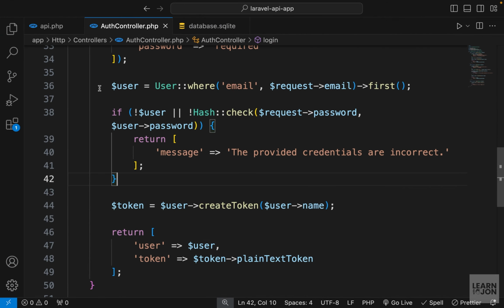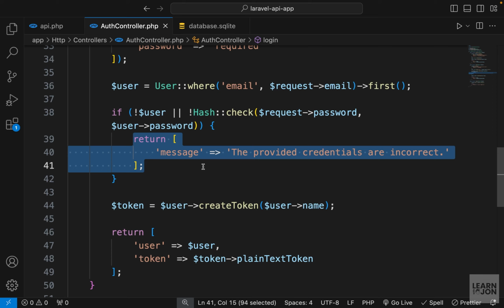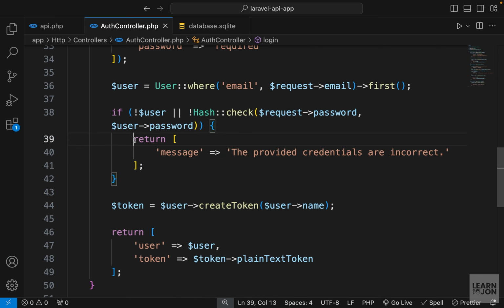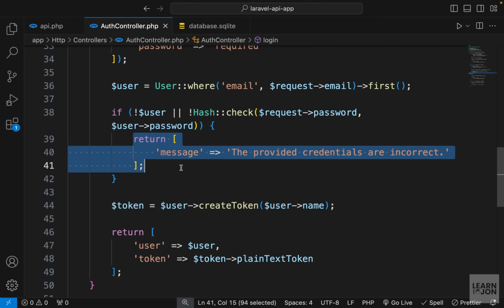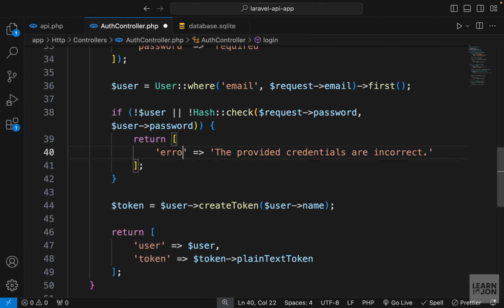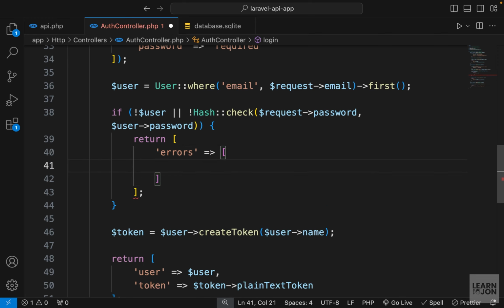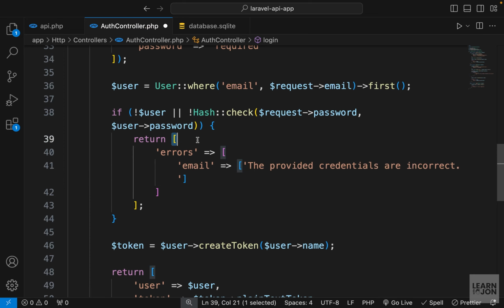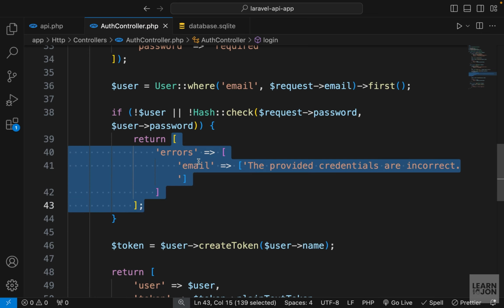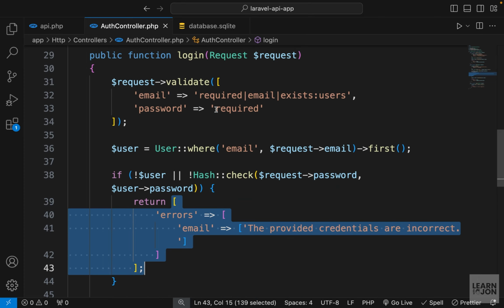And to fix that, we can go to our Auth controller in our API app, and right here where we are returning a message, we can change this to match the structure of default Laravel error messages. So for that, we need to have errors as the first key. Then I'm going to cut this string, add another array, and then provide the key email because I want to see the error under the email field, and then set this to yet another array. And within that array, we will have our text. So you can see we have 3 arrays and 2 keys. All right, so this is the change we need to make in our Auth controller inside the login function